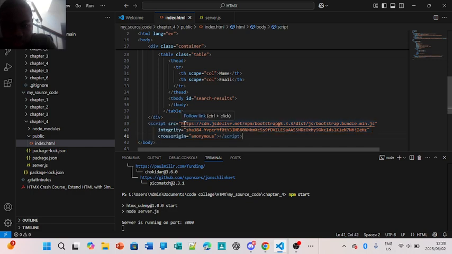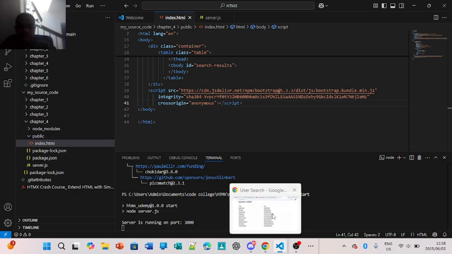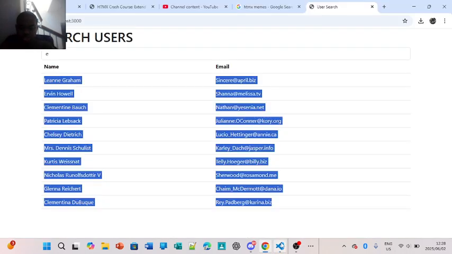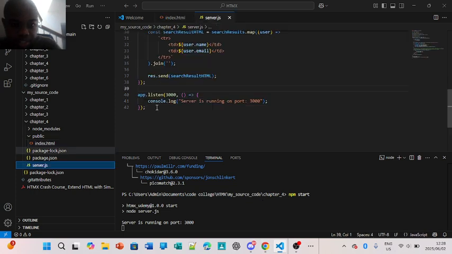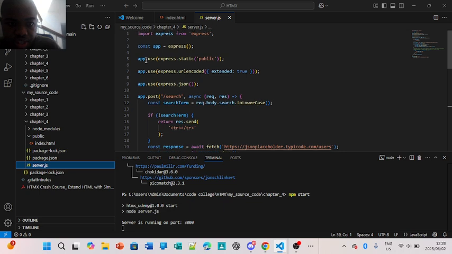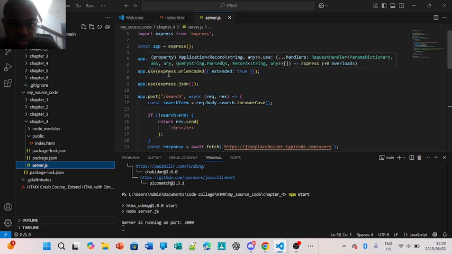So I got my link there. Integrity, my integrity there. Cross origin, anonymous script and body HTML. So that's what I've got here, man. So I've got all of that. So as a result of me having that, and as a result of me saying the functions for all of that, I got my properties,